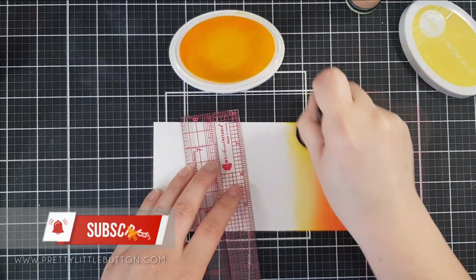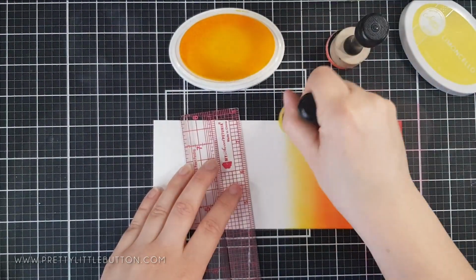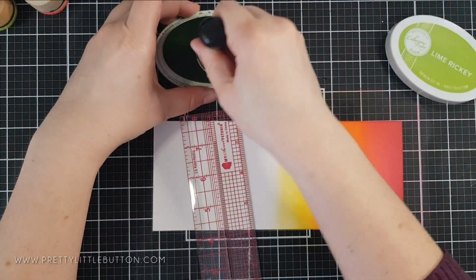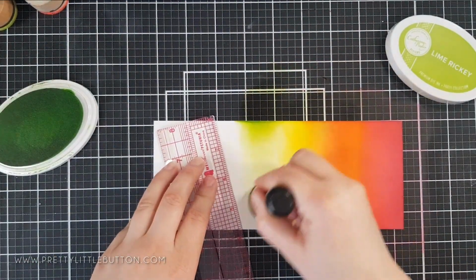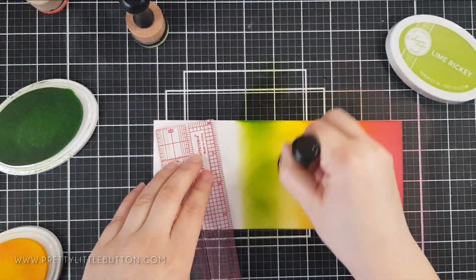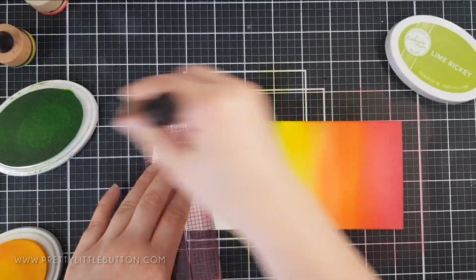I then went on to Orange Twist and then Limoncello, and as I said, these are all in the party collection, so you know they're going to be nice bright vibrant colours when you use them all together. You can mix the spa and the party if you want to, it's entirely up to you. They do tend to be kept slightly separate because the party are the vibrant colours and the spa are the more muted tones. I'm then going in with Lime Ricky, which is a gorgeous green, and I'm blending this into